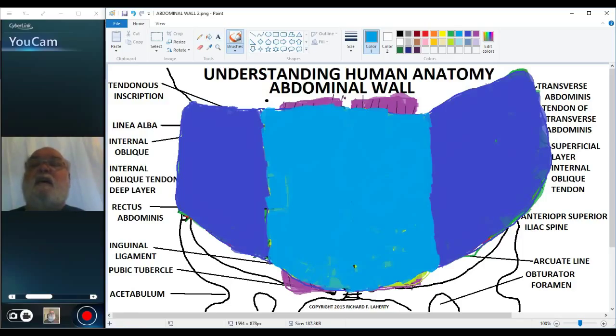and I'll go back and again put in the linea alba because it keeps getting covered over. There. And we'll get the line back to where it belongs. This in dark blue is now